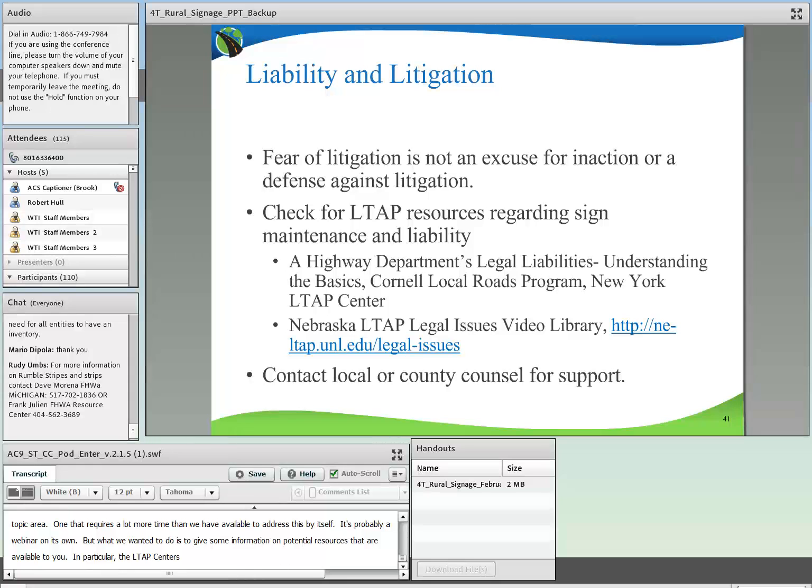They can help you find resources available to deal with some of this information on liability and litigation. We have a couple of resources referenced here in the slide, one from the New York LTAP Center, and also one from the Nebraska LTAP. They are available to provide some basic information that might help guide you a little bit, but also we want to make sure that when it really comes down to any of these questions,